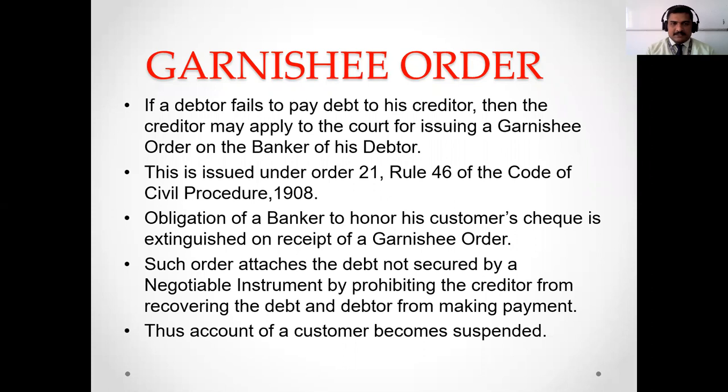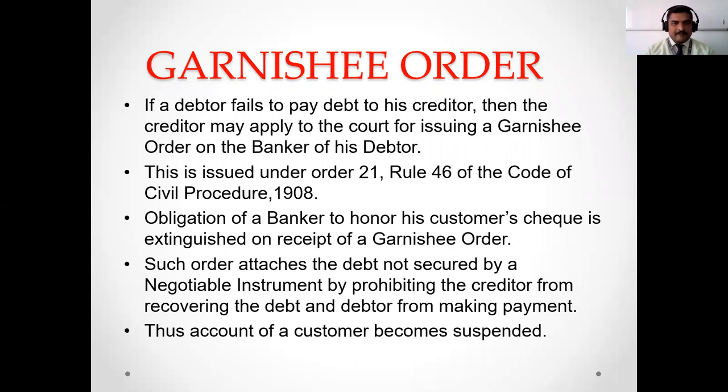So we are discussing the subject banking regulations and operations. We are in the third unit. The third unit is about the different types of customers in a bank. That's what we are discussing. Then there is a concept called Garnishee order. So in today's class, we are going to discuss what is a Garnishee order and what are the different types of